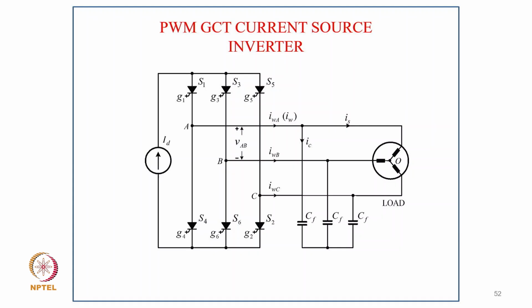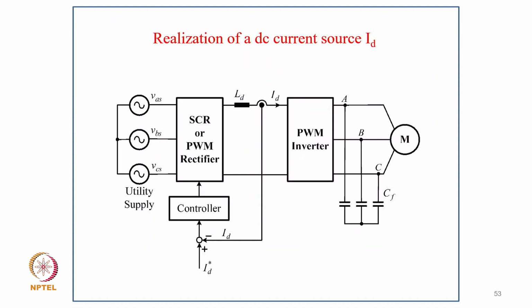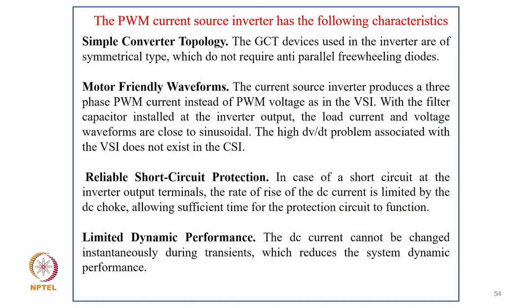So here it operates in PWM mode. To make the load current continuous, we use the capacitor filter, and the value of the capacitor filter we already talked about. It depends on the switching frequency as well as the amount of the load. And this is typically the realization of the DC current source, normally using a thyristor or PWM rectifier of identical nature, where we derive the current source with feedback. Then we have a PWM inverter with capacitors as a filter, so that the motor currents are continuous and the torque ripple as well as the harmonics of currents are reduced.